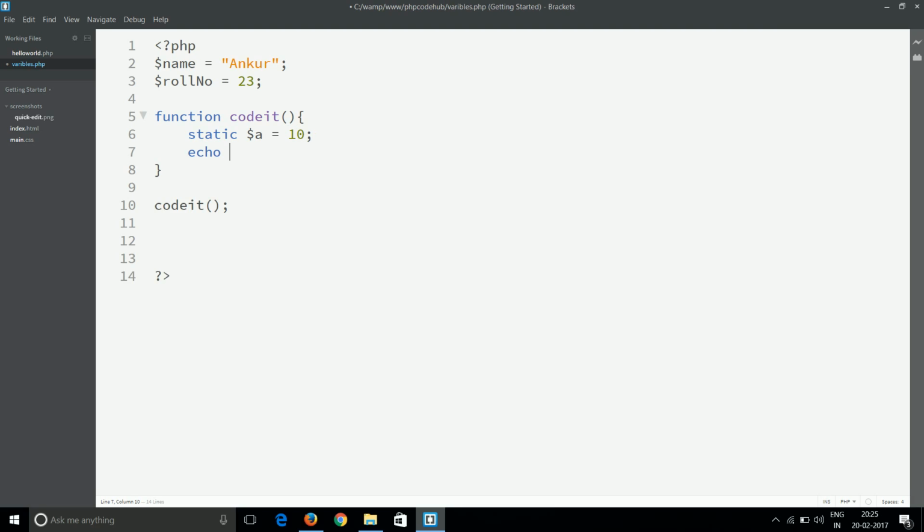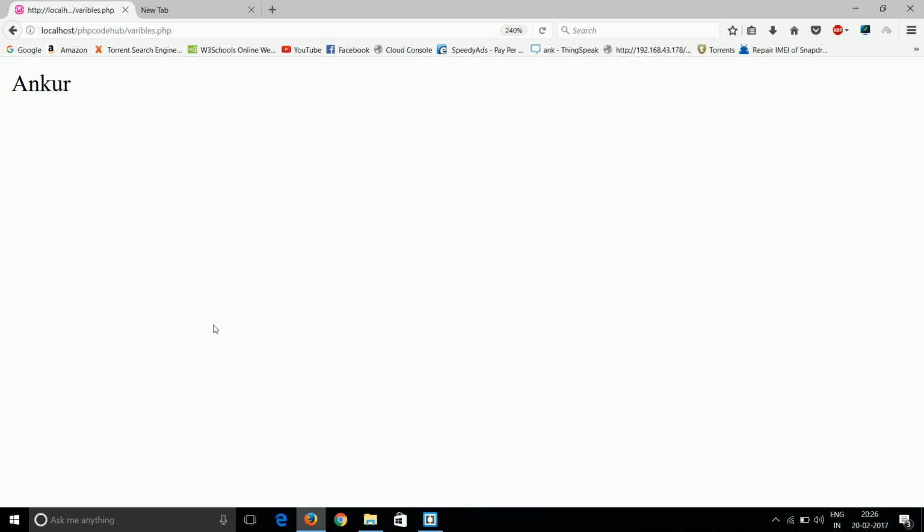We will print here $a, and we will increment $a plus plus, and we will call this method at least 3 to 4 times. Okay, now let us see how this works. Now here we can see 10, 11, 12, 13 and 14.